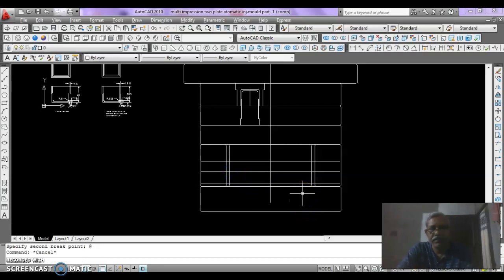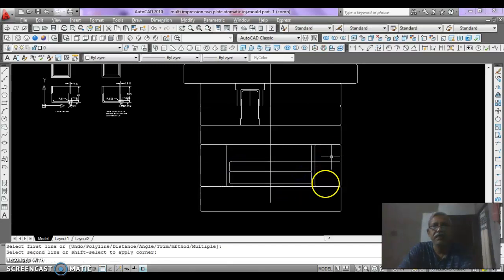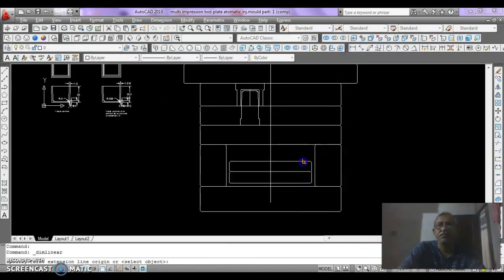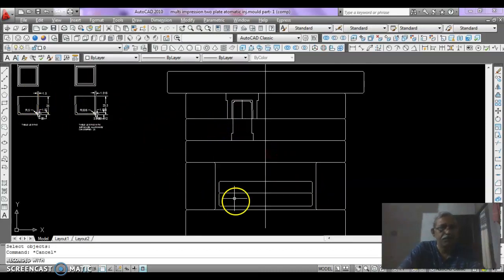Then CHA enter and make fillet these two lines. These are the ejector assembly plates, and here is the support pillar. These are the support pillars and support blocks. And now we check here how much the distance. It is 26 we needed. It is okay, and then make a extend